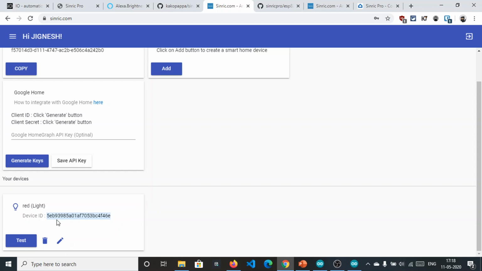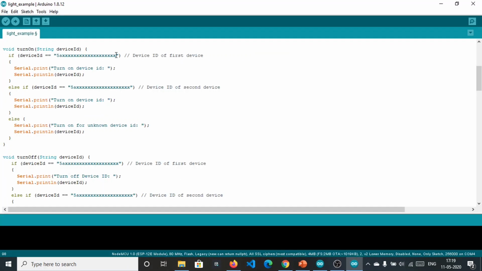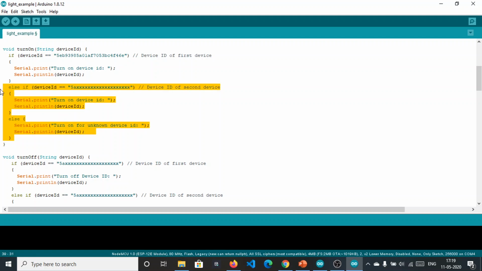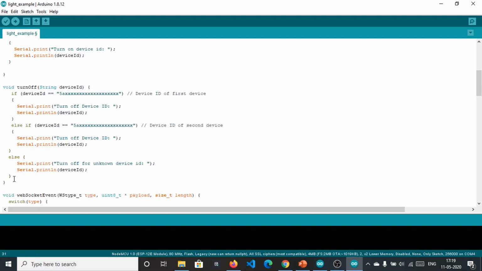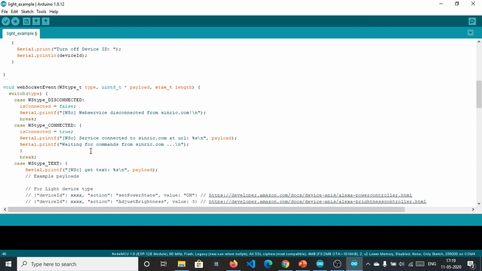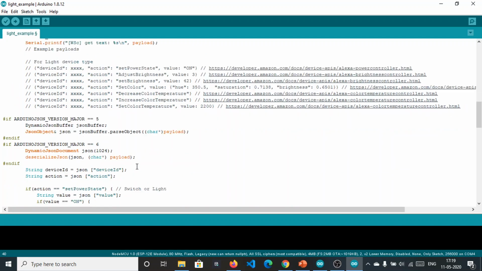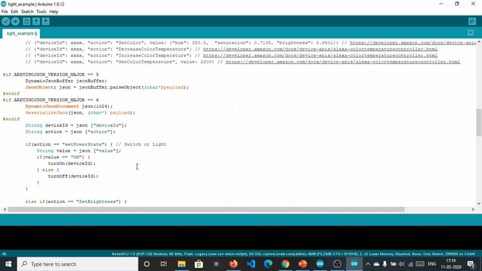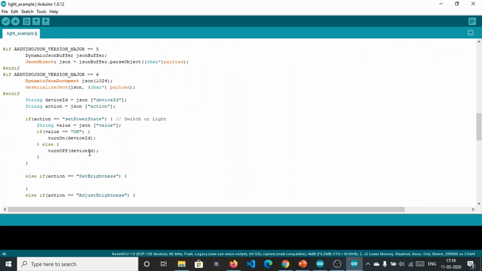Simply copy it and paste it right here. You don't need these two devices, these are for an extra number of devices, but we are using just a single device, so delete it, delete again. Fine. Set power state, turn on, turn off, this is handled.